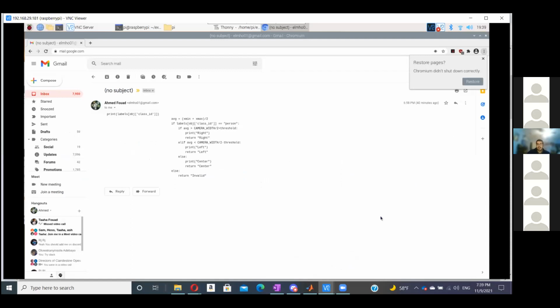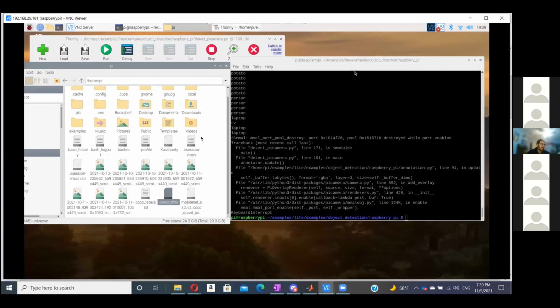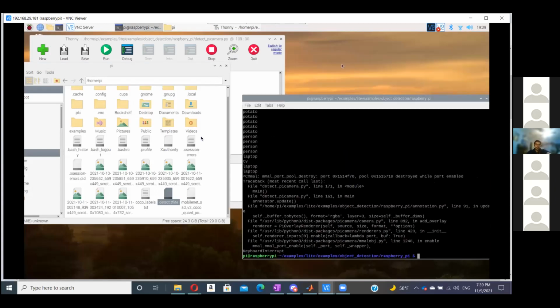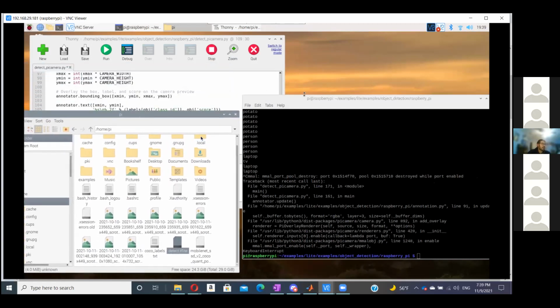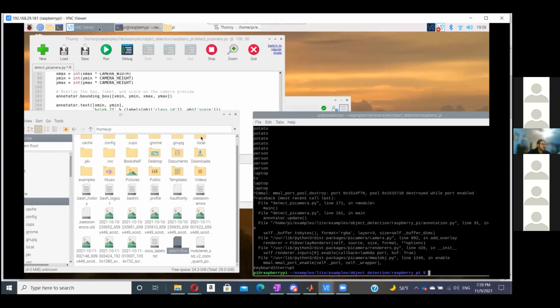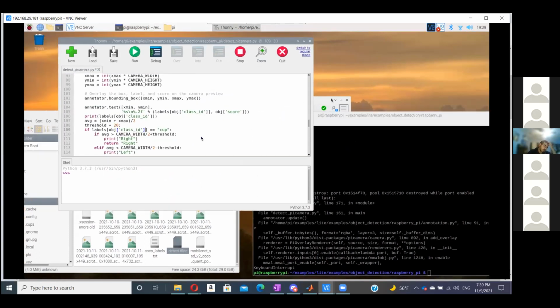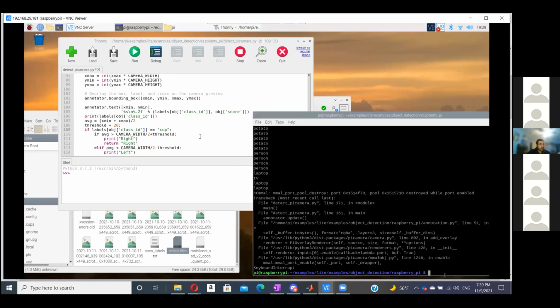So real quick, Raspberry Pi is basically a little computer. What you're seeing right now is my Raspberry Pi. It has everything from a browser to a file explorer, and it runs on a version of Linux. You can basically do whatever you could do on a computer, to some extent, on a Raspberry Pi. All I did is download the environment that came from TensorFlow.